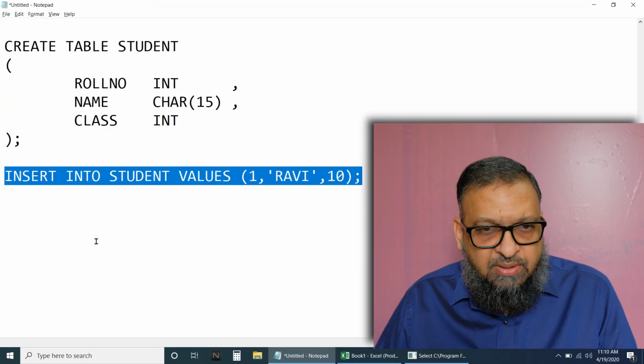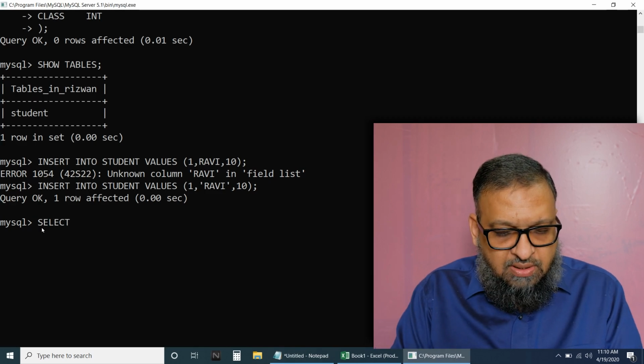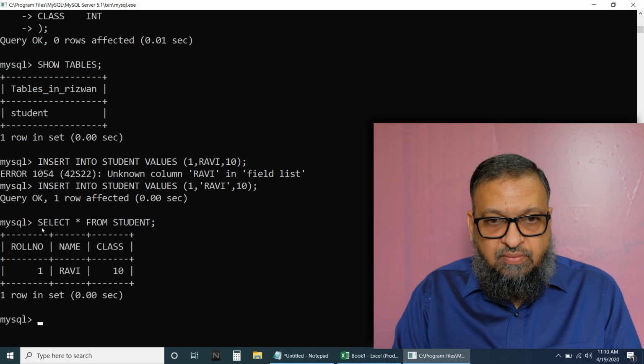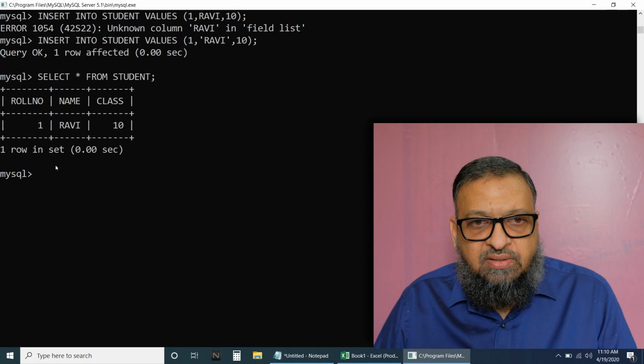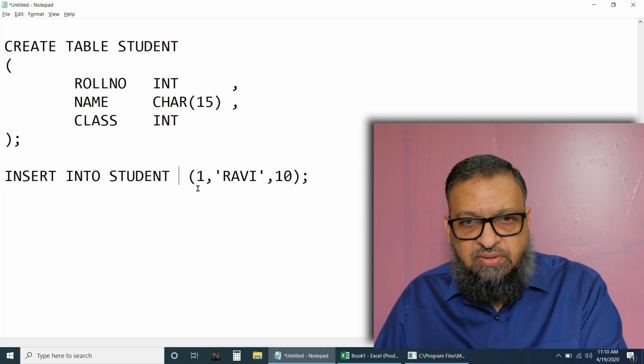You can see it by typing select star from student, fine, we have inserted the record. Now, let us say I will remove these values, okay.